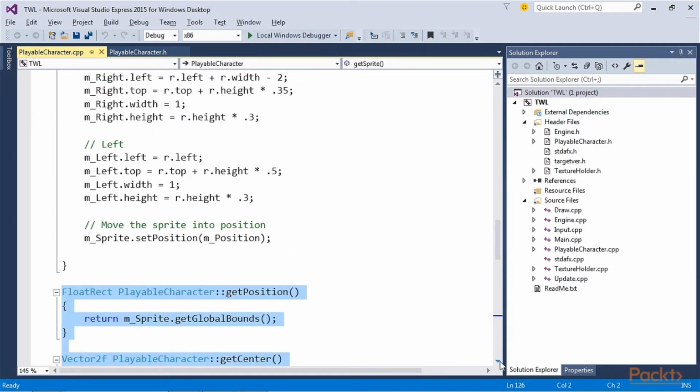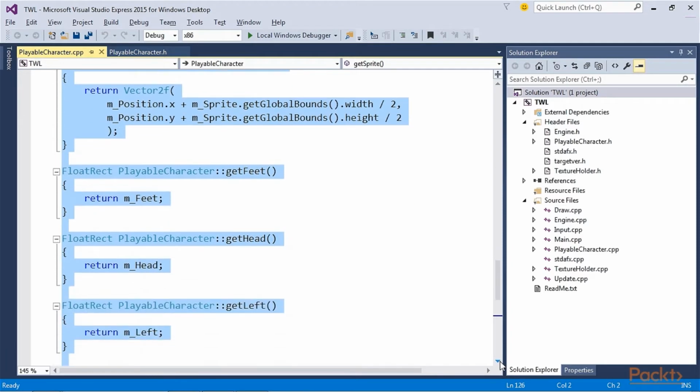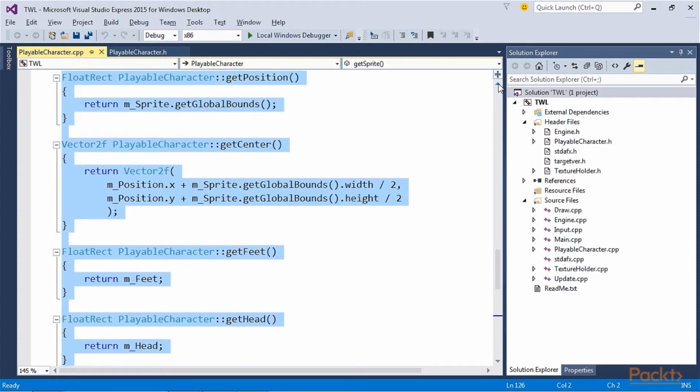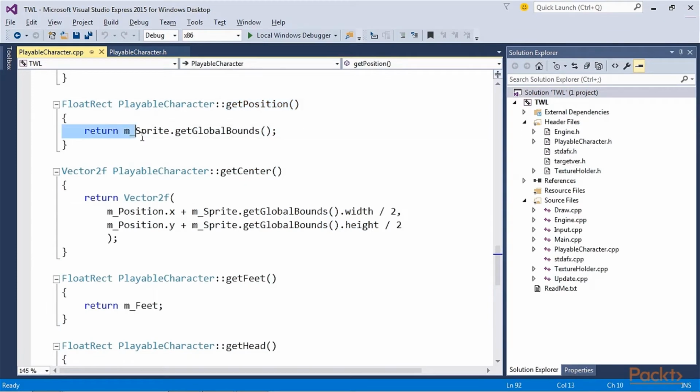Now, add this code right after the previous one. Here, we are adding the definitions for the getPosition, getCenter, getFeet, getHead, getLeft, getRight, and getSprite functions. The getPosition function returns a FloatRect that wraps the entire sprite, and getCenter returns a Vector2f, which contains the center of the sprite.